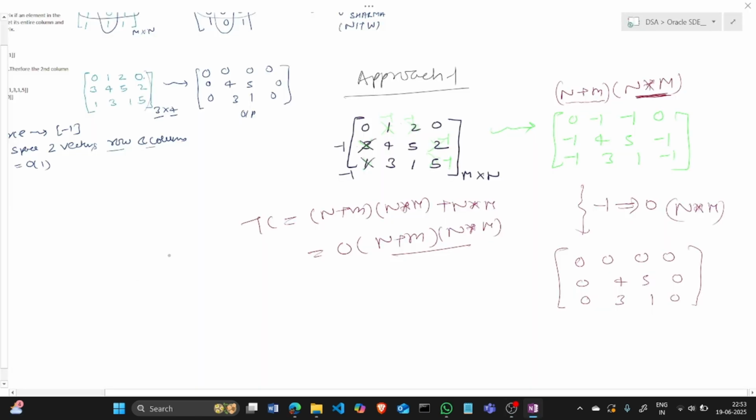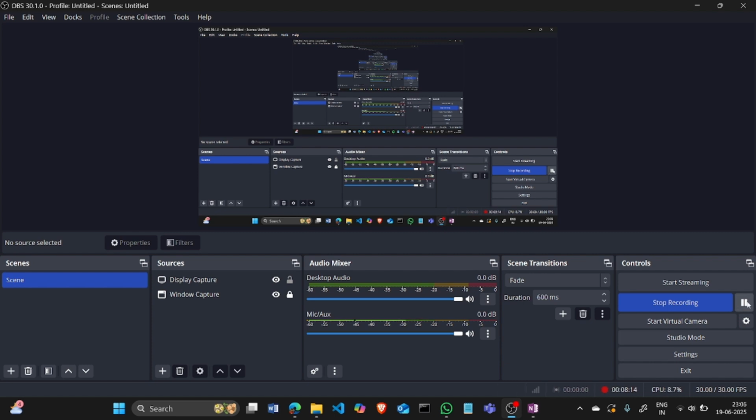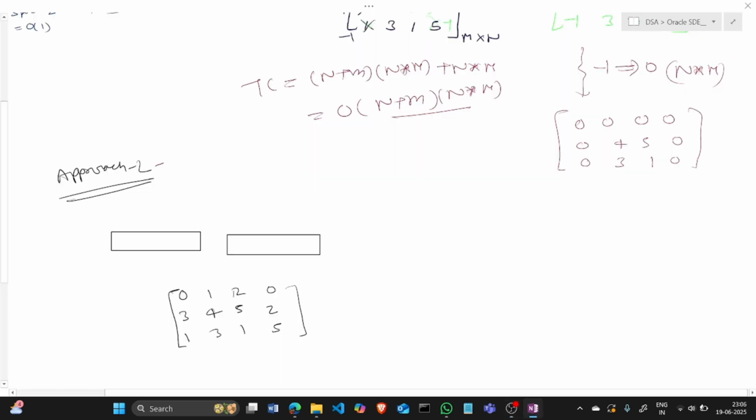Good approach. So we will go with the second approach. So let's see the second approach. Okay, this is the better approach. So in this approach we have to take an extra array,